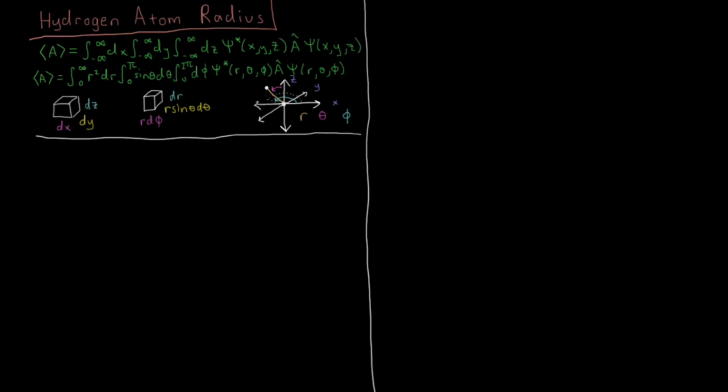In this video we're going to look at the concept of the radius or size of an atom. In order to discuss this, we'll first have to look at expectation values and how we calculate them in spherical polar coordinates. In Cartesian, that's in 3 dimensions, x, y, and z, by these Cartesian axes here in white, we would calculate our expectation value just by integrating in each dimension from minus infinity to infinity in x, y, and z, the psi star of x, y, and z times the operator A acting on psi,